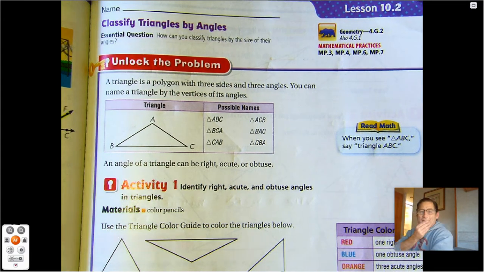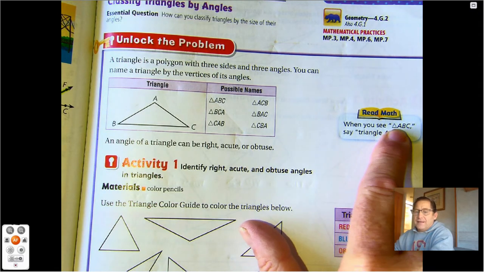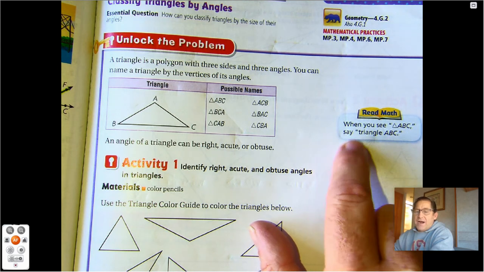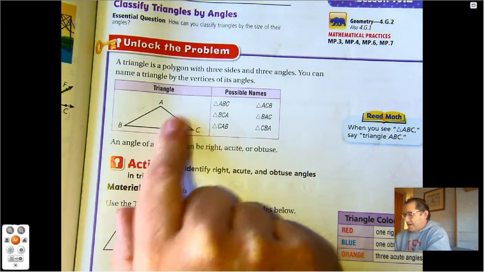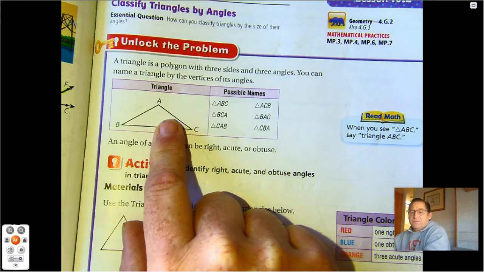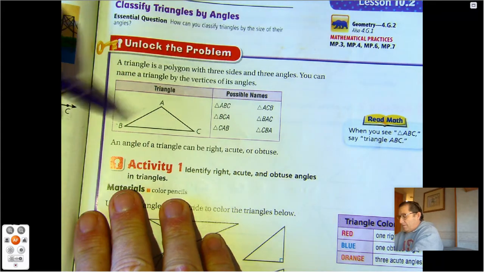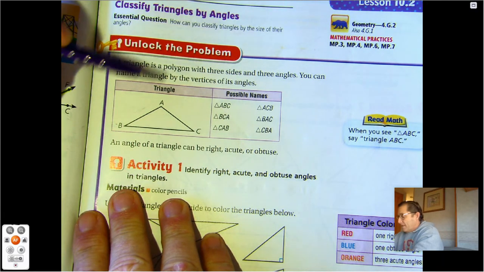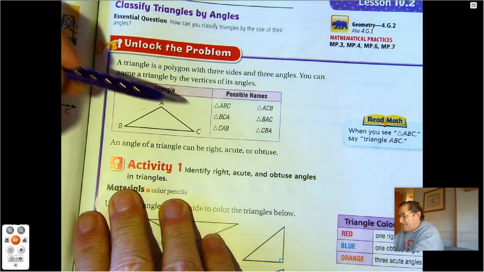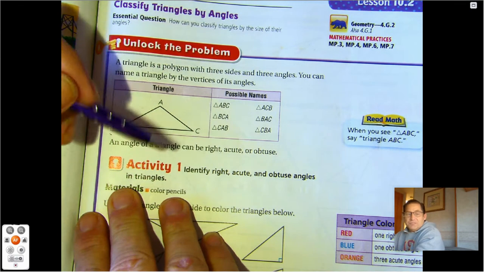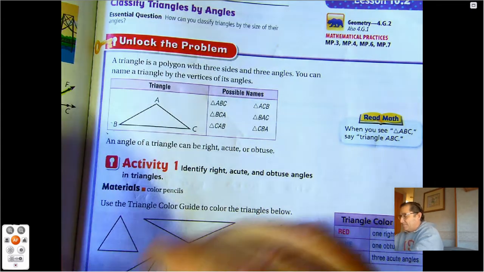angles. Alright, and so on the Read the Math here, when you see the triangle symbol and then the letters A, B, C, we would say triangle ABC. So in this shape, there are actually many possible names for the triangle. I could say ABC, where B is in the middle. I could name it BCA. I could name it CAB. So basically, we're just naming it by its three different angles. Okay, so any combination of the three letters,